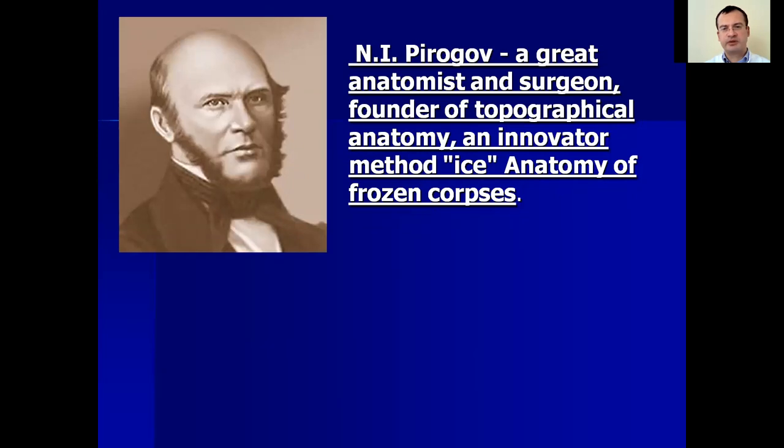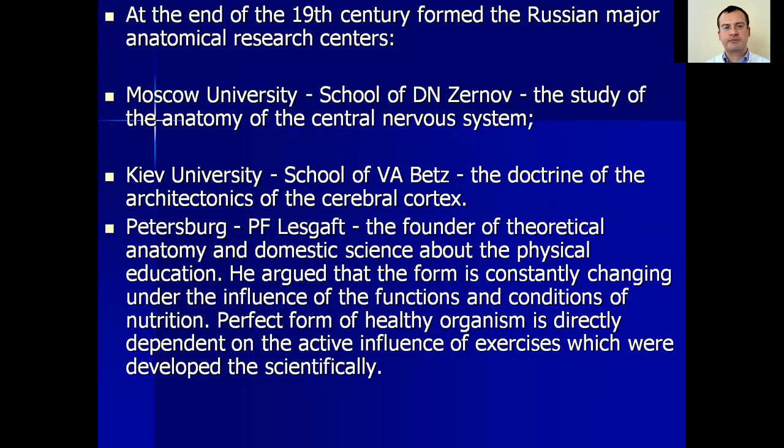Nikolai Ivanovich Pirogov, a great anatomist and surgeon, founder of topographical anatomy, and innovator of the method of anatomy of the frozen corpse. At the end of the 19th century, the major Russian anatomical research centers were formed: Moscow University, the School of Zenov, the study of the anatomy of the central nervous system; Kiev University, the School of Beds, and the doctrine of the architectonic of the cerebral cortex; Petersburg, the founder,